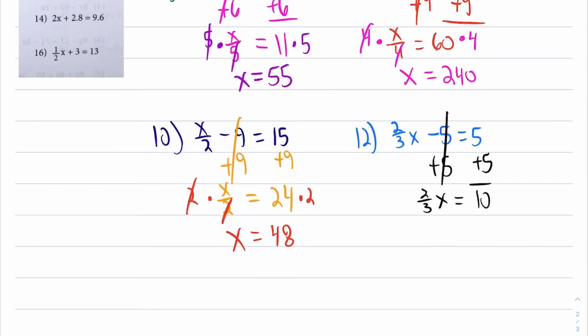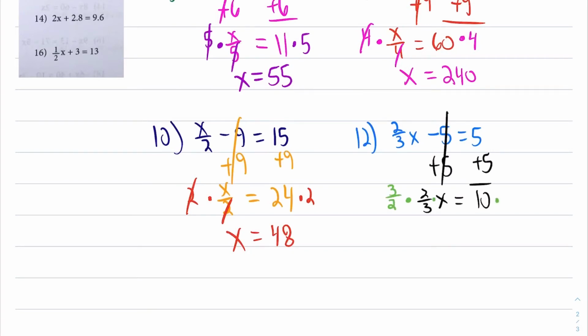Now we need to get rid of the two-thirds. That two-thirds, that's multiplying x. Two-thirds times x. We could divide by two-thirds, but dividing by two-thirds over here, that's going to be a bit weird, so we're not going to divide by two-thirds. Instead, we're going to multiply by the reciprocal. The reverse of two-thirds is